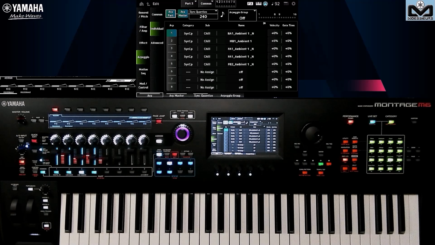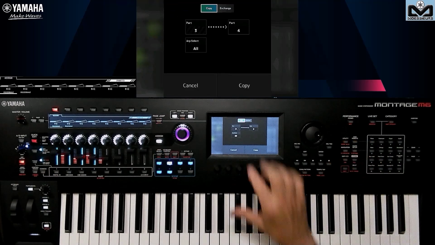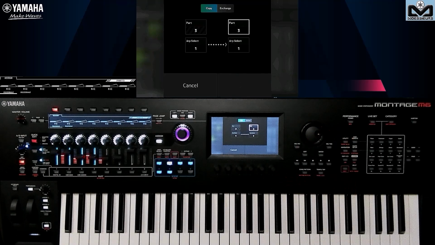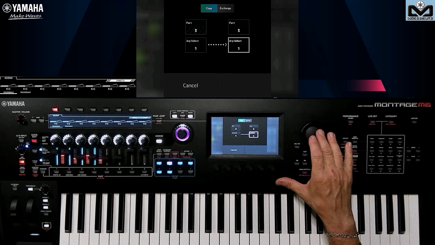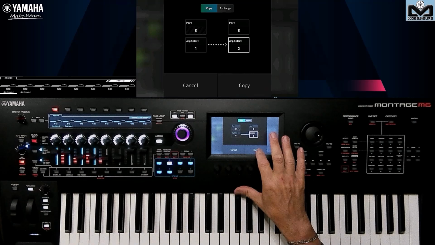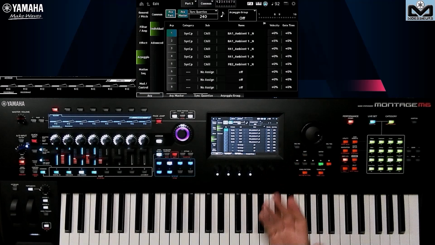I want a copy, how do I do that? I want to have the ambient BA1 twice, in variation 1 and in variation 2. I press Shift plus Edit at the same time, these two buttons. So here I'm starting from part 3, which I can't change, and I always want to stay on part 3. I want variation 1 to be the same as variation 2, because I thought I'd do something better. I do copy, because you can do exchange too, so here I choose copy, and you can see that I've got the BA1 ambient, the A1 ambient break, on variations 1 and 2.